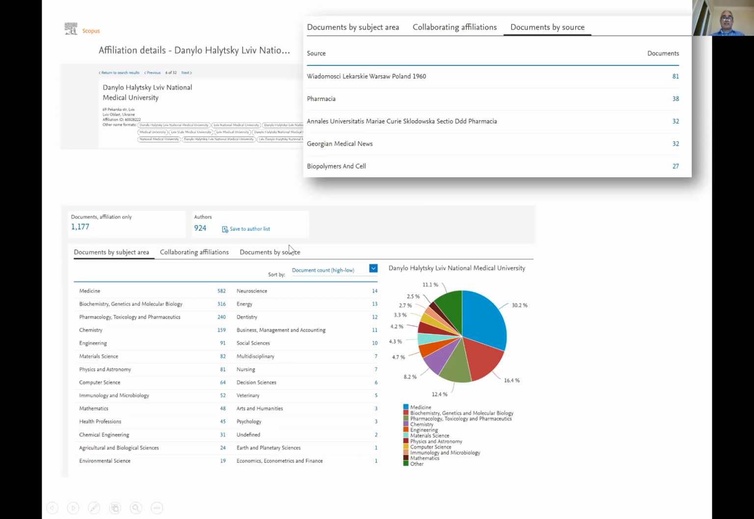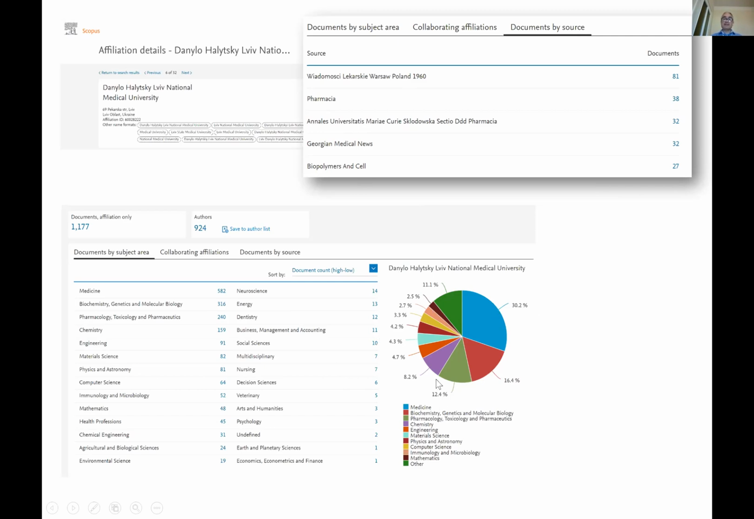Now, analyzing Danylo Halytsky, I see that your fellows publish predominantly in 5 journals, and I see that some of these journals, like Pharmacia or Biopolymers and Cell, are highly influential in terms of the number of articles published from Ukraine. And it's good to know where your colleagues from the same university publish. So we also know that 1/3 of